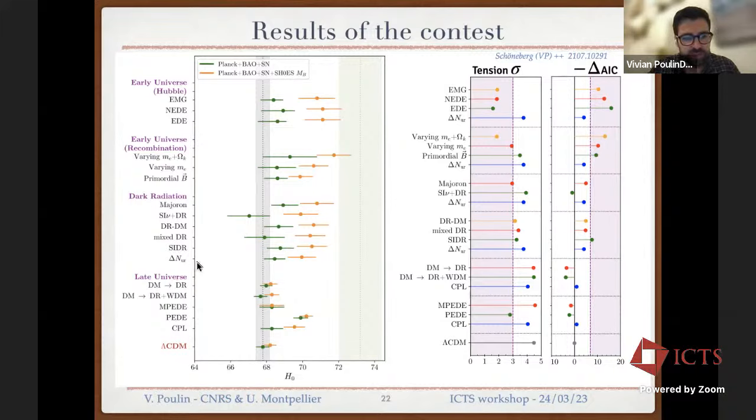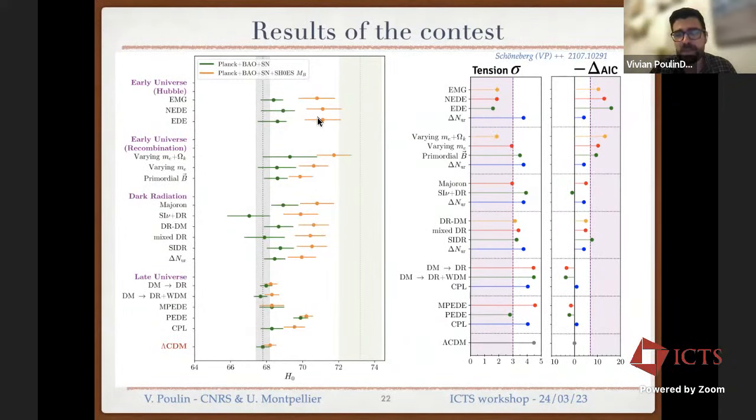Or if you look at simple preference computation, they are all disfavored compared to lambda CDM. Moving on to the dark radiation models, again, this is what I suggested. It looks like it goes up, but when you compute tension, you still find above 3 sigma tension in most of the models, and they are only very weakly favored over lambda CDM. And the models that really do the best are the early universe models, but you can see that without any knowledge from SH0ES, these models are not particularly favored. And it is not necessarily a problem in the sense that Planck does not have to have enough accuracy to see this model. It's very interesting to note still that even with the SH0ES prior, the fit to Planck data is very good and the tension is very low, much below 2 sigma in most of the models.